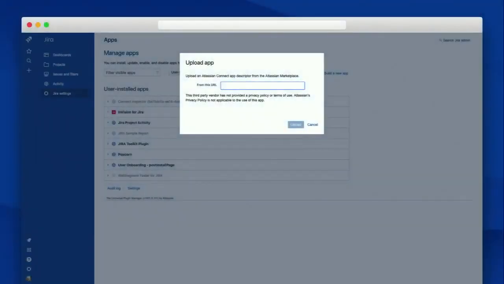After you close that window, behind this modal window, right next to build a new app, there will be a link that says upload an app. When you click on that, you get this modal window. Here we can add a direct link to our app descriptor, and we'll touch on that in a few minutes. And then with some help from invaluable tools like ngrok, which allows us to run our app locally on our